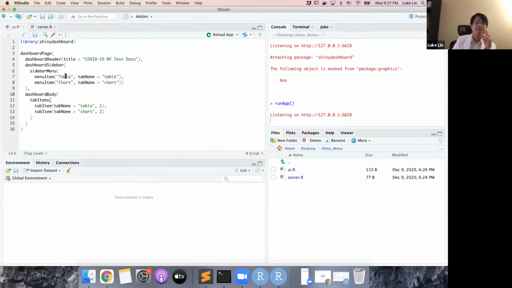Okay. So the tab menu gives you the button to navigate through different tabs, and the tab item defines the actual tab. The way we connect them, so how do we know which button brings you to which tab? Well, there's a tab name. So the navigating button is identified with the actual tab with this tab name. And the content, what you want to show people, can be defined here. We're gonna put something more useful later, but for now it's just 1 and 2, so that I could quickly show you that